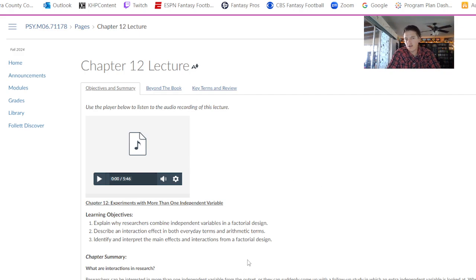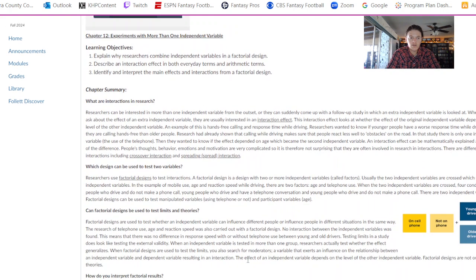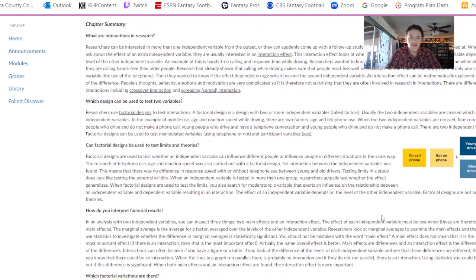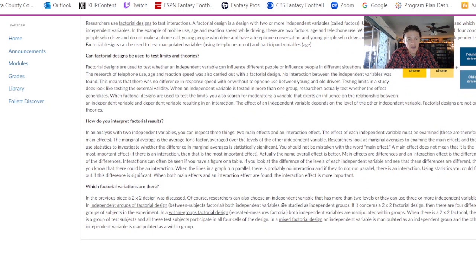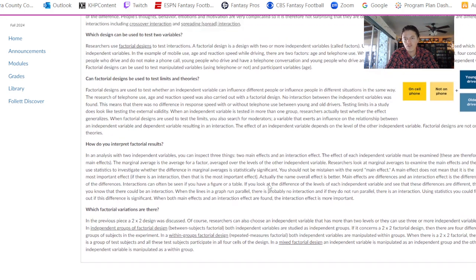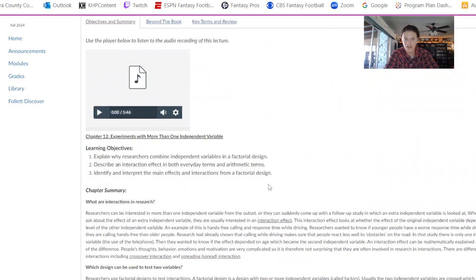We look at it a little bit again here, but we're looking at things like interactions, right? So what happens when we have more than one independent variable, and how can things interact with each other? We're looking at factorial designs. How do you interpret those results with graphs? For example, these graphs are often quite helpful for looking at if there's a main effect or an interaction